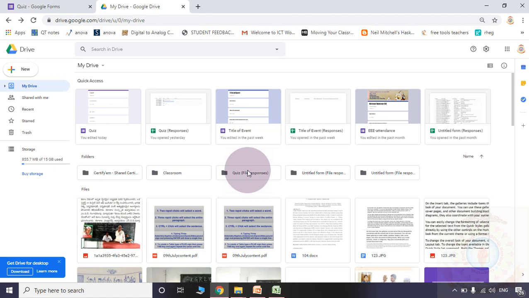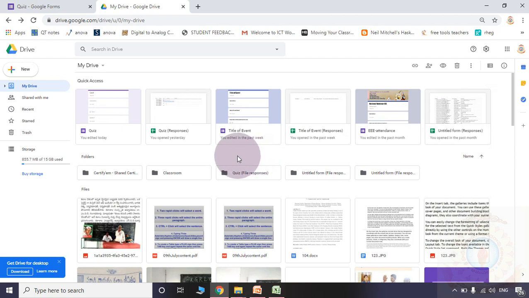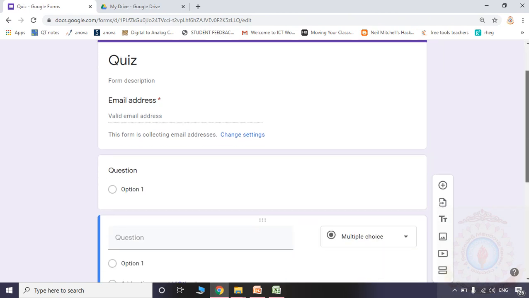Generally there may be a confusion that those files may appear in this place like individual documents. But don't worry, as per the Google form name, a separate folder will be available in the Google Drive. Then automatically you can identify all the responses easily.